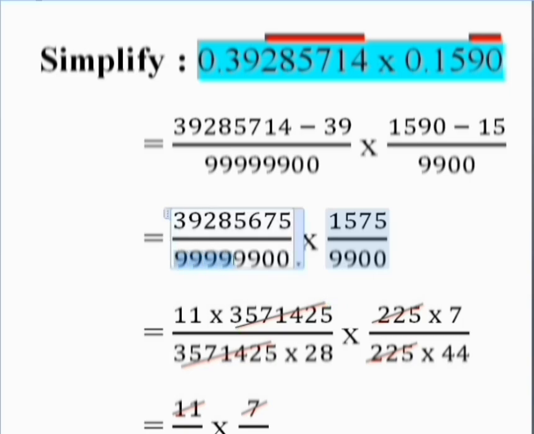and 6 times 9 00 divisible by 3571425, that means 3571425 similar number into 28, into 1575 divisible by 7, that means 225 into 7, 9900 divisible by 225, that means 225 into 44,